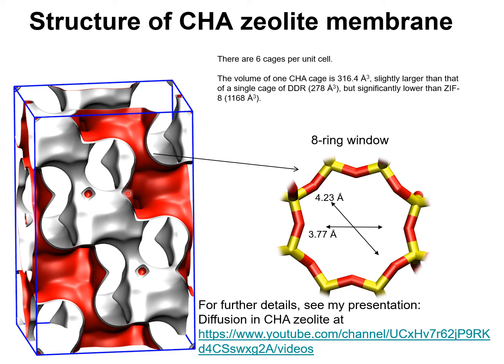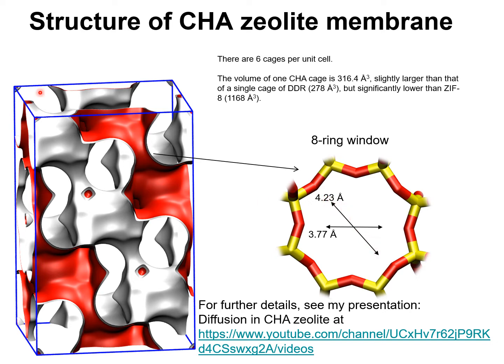The volume of one chabazite cage is slightly larger than a single cage of DDR zeolite, but significantly lower than a single cage of ZIF-8. The cages are separated by 8-ring windows, and the window dimensions are about 3.8 angstrom in this direction and 4.2